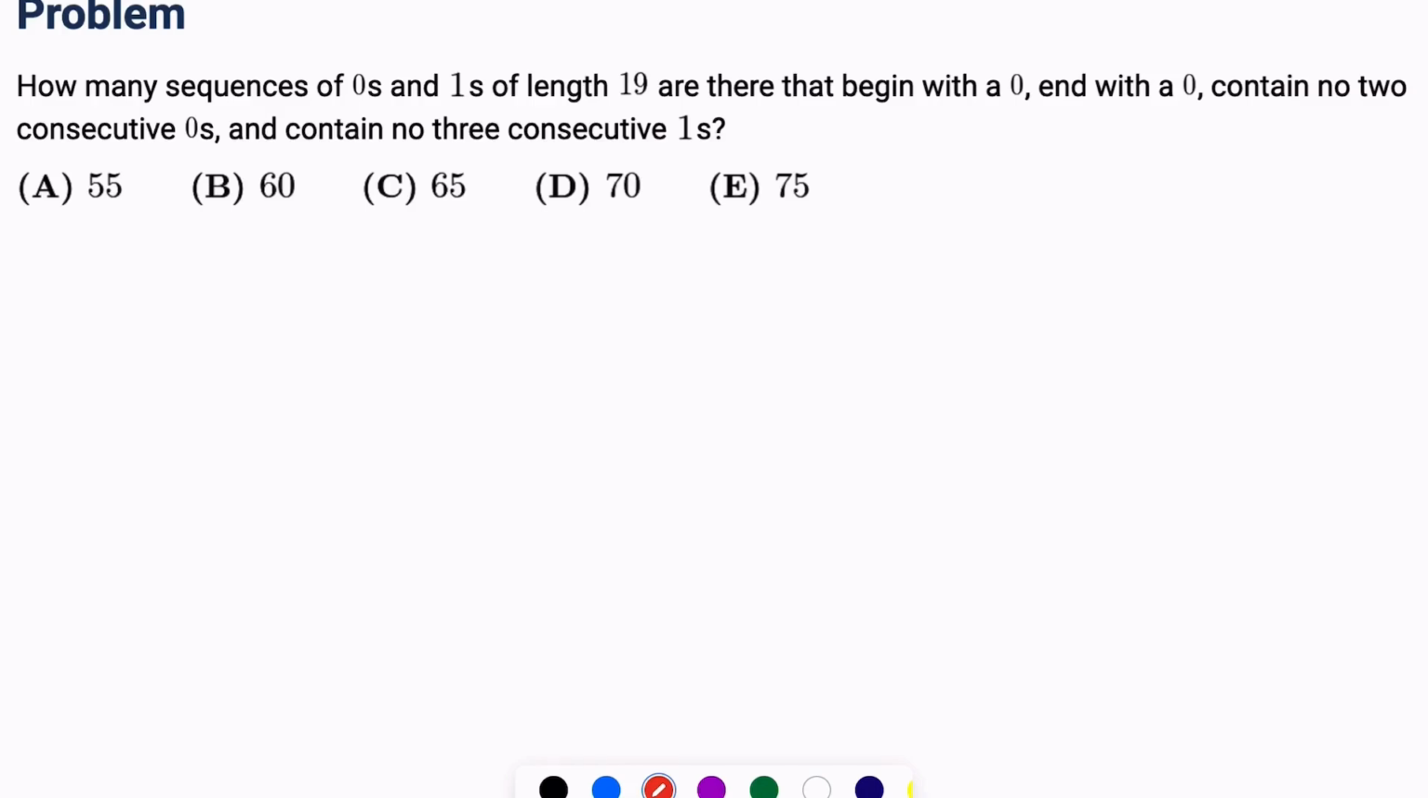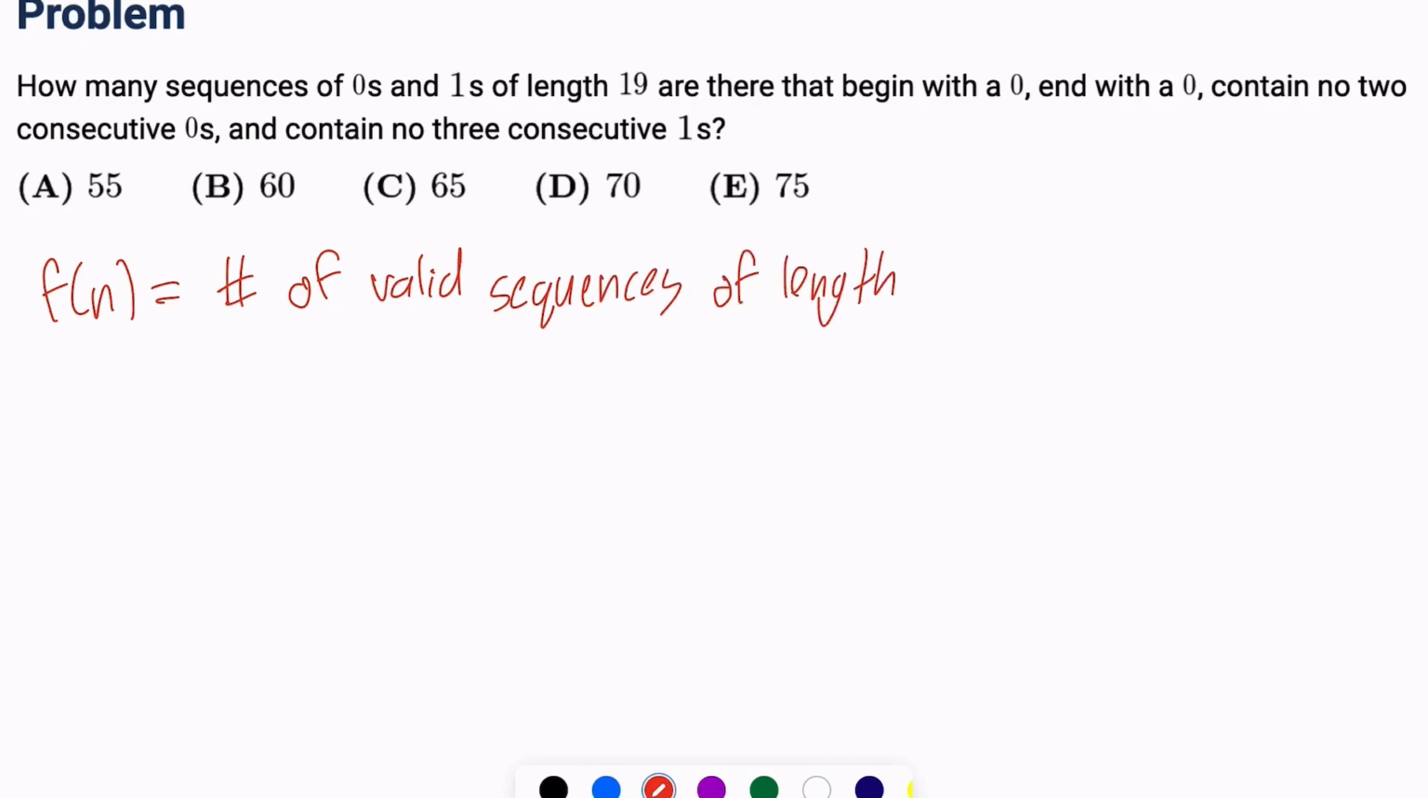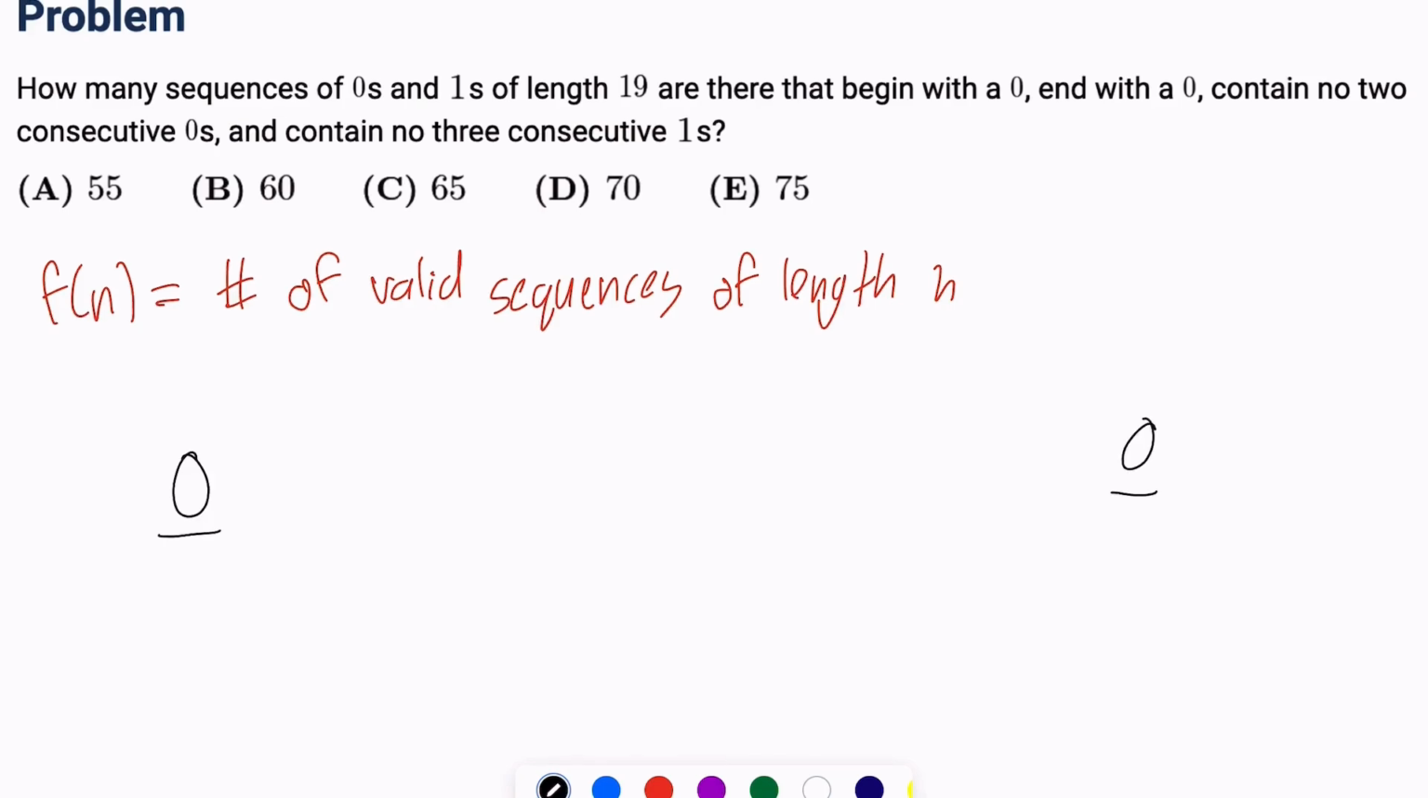So the first thing we can do is define a function, f of n, and we can set that to be the number of valid sequences of length n. Okay, so we know our valid sequence must begin and end with a 0, as stated in the question. So it begins with a 0 and ends with a 0. Now, we know we can't have 2 consecutive zeros, so the second to last digit must be a 1,